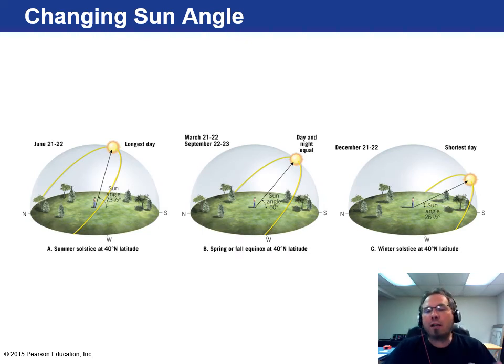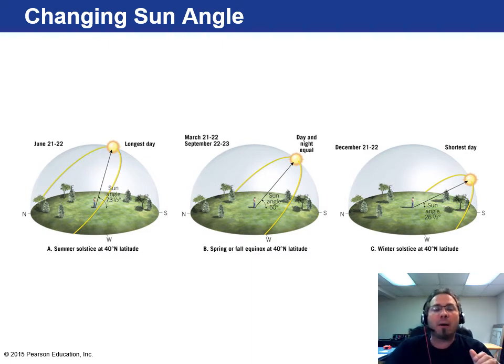Now, on the longest day of the year, which is the first day of summer, you have the sun at approximately 73.5 degrees at 40 degrees latitude. If you don't know this, Milwaukee sits at 43 degrees latitude, so we're only slightly more north than what this image is trying to get at. The point of this image is to show you why we have long days in the summer and short days in the winter. And I'll show you all of those.